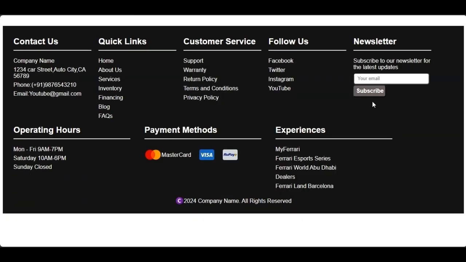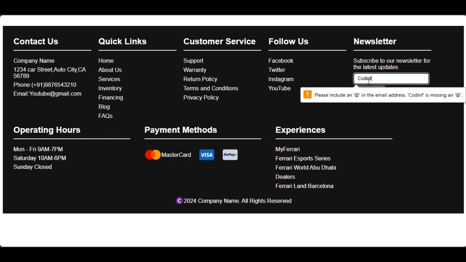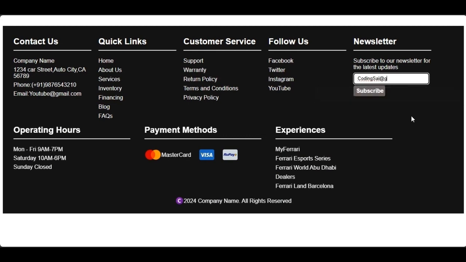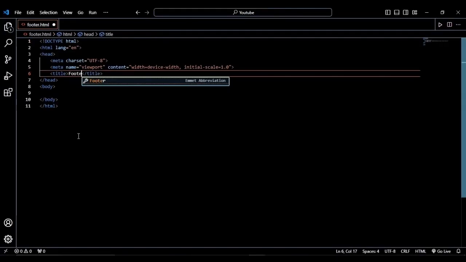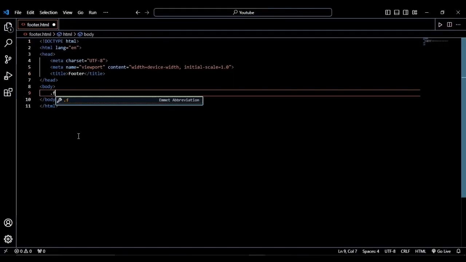In this tutorial, we'll design a fully responsive footer using HTML and CSS. We'll cover contact information, quick links, customer service, social media links, and more. By the end of this video, you'll have a footer that not only looks great, but is also highly functional. A well-designed footer can significantly enhance your website's usability and professionalism, helping you retain visitors and improve your site's overall